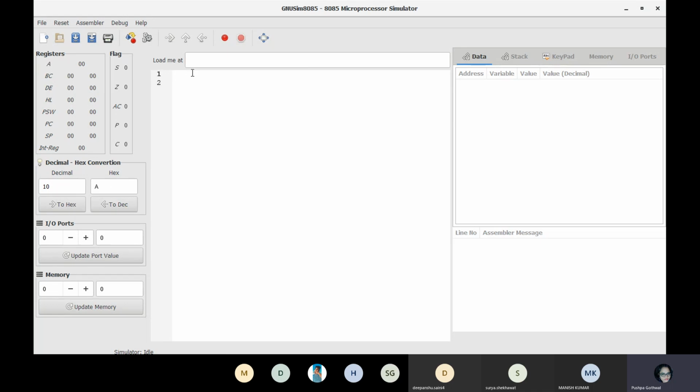Okay, so when you are writing the code, you have to write it from here. Assume I am writing the code: MVI B, 10H, no semicolon, it accepts capital letters. MVI A, 20H, then I will write ADD B, I have to take a space, then HLT.